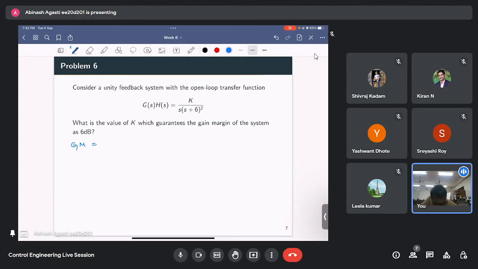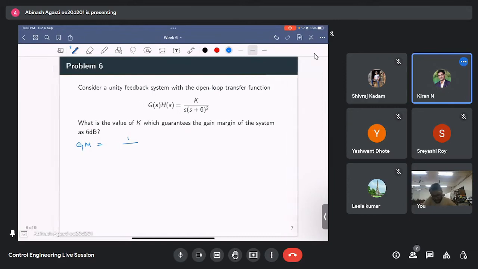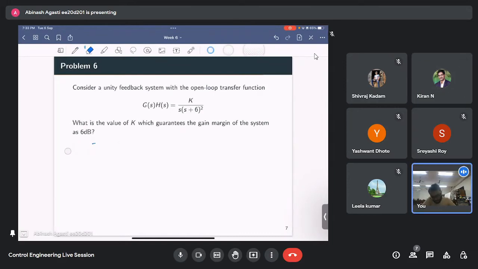Okay, so the gain margin of a system. Is it 1 by the magnitude? Yeah, it is 1 by the magnitude at what? Magnitude at phase crossover frequency. Yeah, okay, so I'll just explain. Just a minute. So suppose I have a